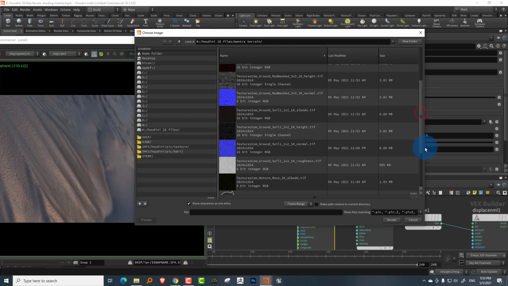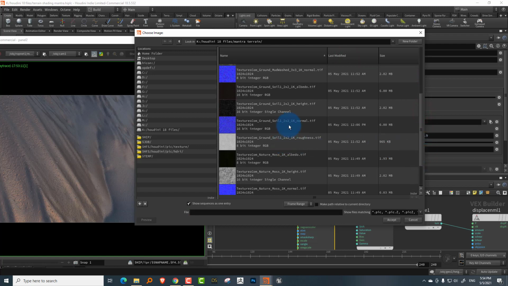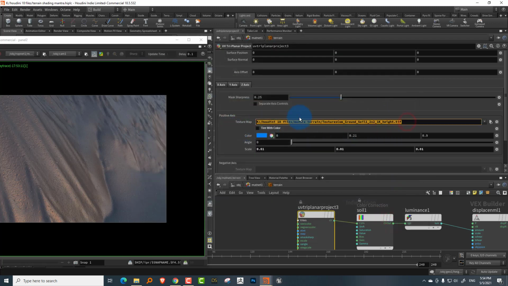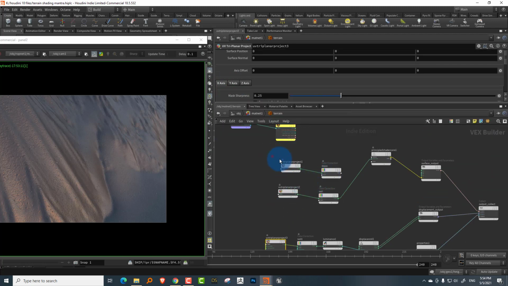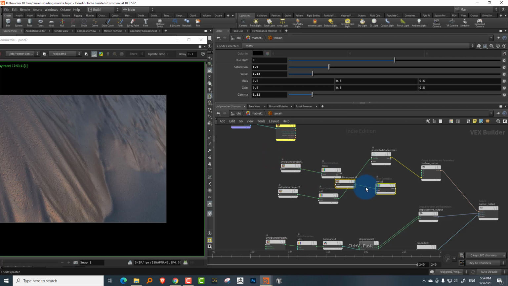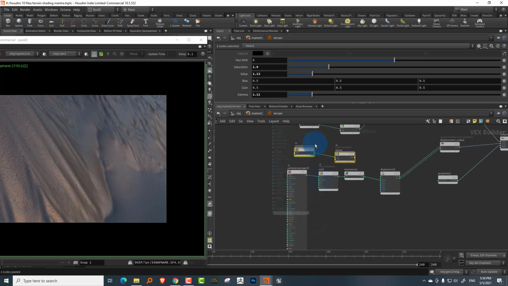just replace it. You'll find a soil height. Okay, hold on a second. Where's the soil height? Yeah, there's the soil height. So I'm just going to take that and do Control C, Control V, and Control V. Okay, and then we can do the same thing for the moss as well. So let's do a Control C, Control V for this.